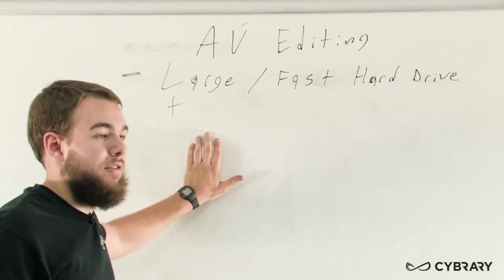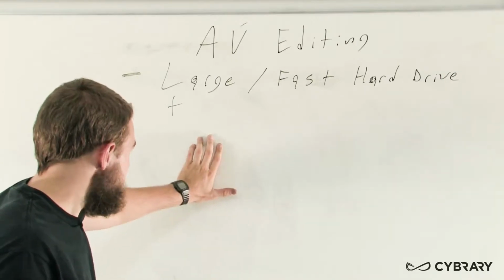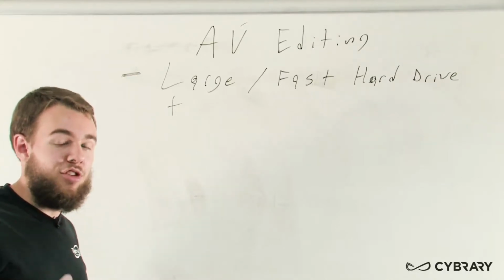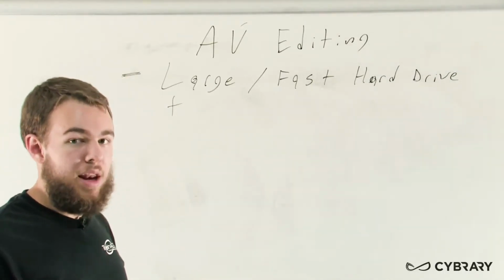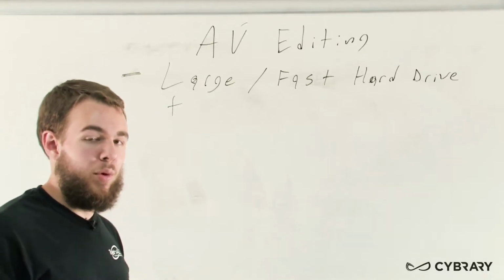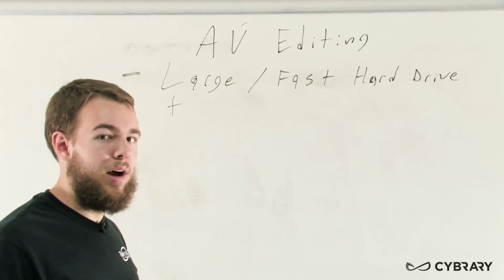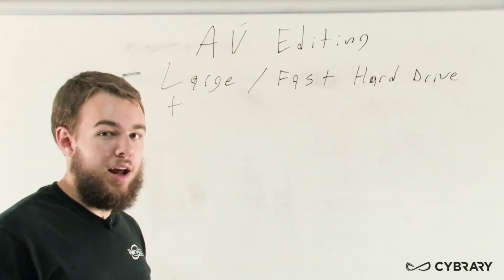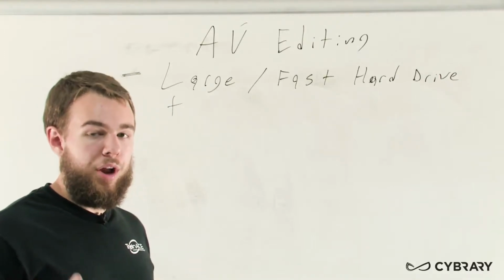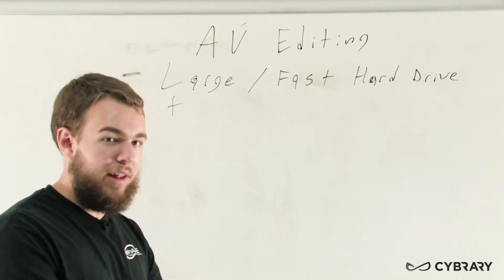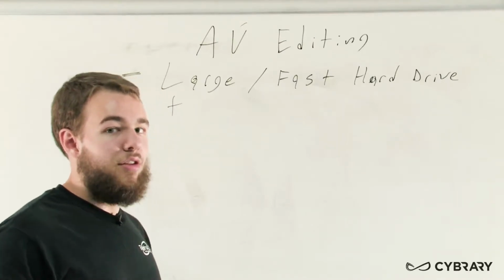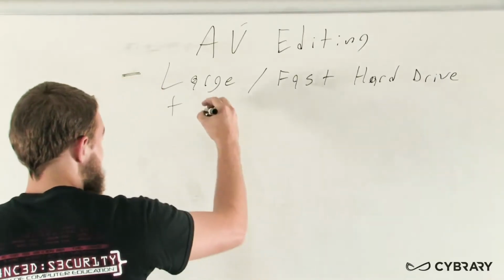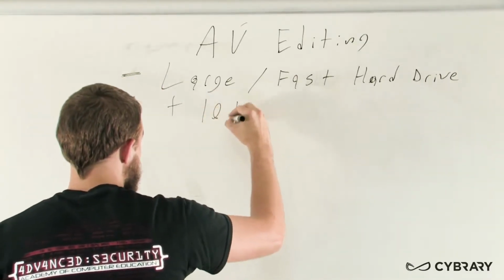It's a bit easier to quantify our fast speeds. When we're looking at our hard drives, we're talking about different speeds for our rotations per minute. These rotations per minute for the hard disks allow for faster read and write times depending on what type of disk we're running. Standard hard drives, a lot of times we'll see run at rotations per minute of about 7,200, but we're working with high-end audio and video editing where we're pulling that information and saving a lot of the time. So we want to look at hard drives with rotations per minute of 10,000, even up to 15,000